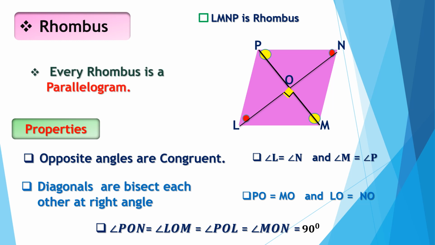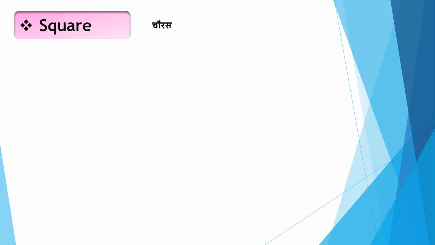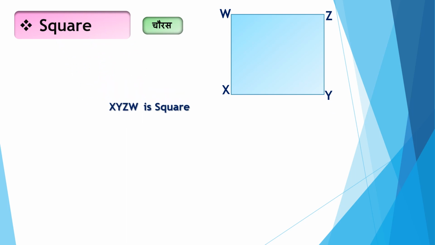We know every rhombus is a parallelogram. Every rhombus is a parallelogram, but every parallelogram is not a rhombus. Now we see our fourth quadrilateral, that is square. Here we see a figure of a square. We name that quadrilateral